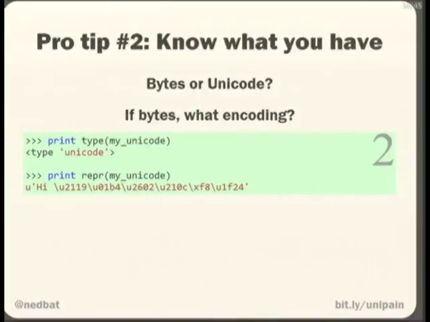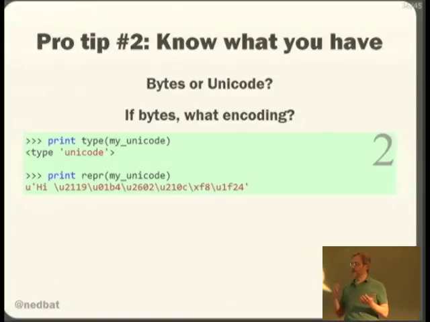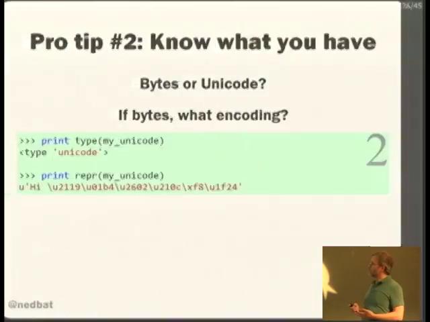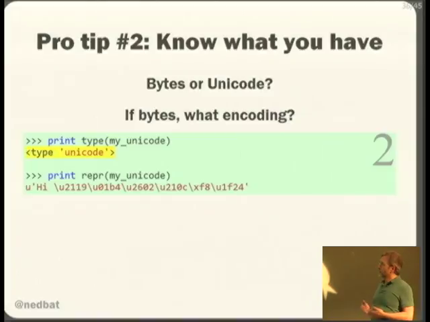Which brings me to pro tip number 2. You have to know what you're dealing with. The word string is ambiguous. You can't simply say it is a string. It's either a byte string or it's a Unicode string, and you need to know which you have. Ideally, you would do that by design. You would be able to look at a piece of code and say, this is a Unicode string because of its place in the system. If you can't do that and you need to do some reverse engineering, look at the type of the thing. By the way, if it's a byte string, you need to know what encoding it is.